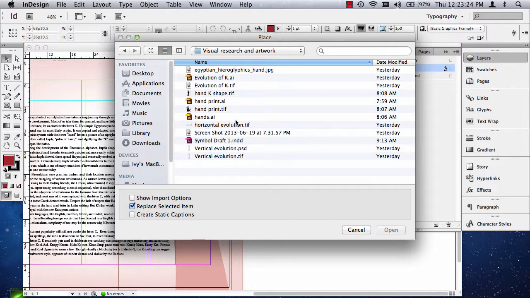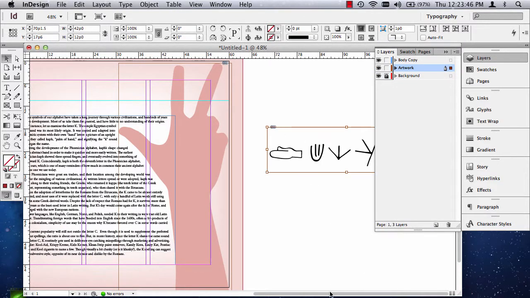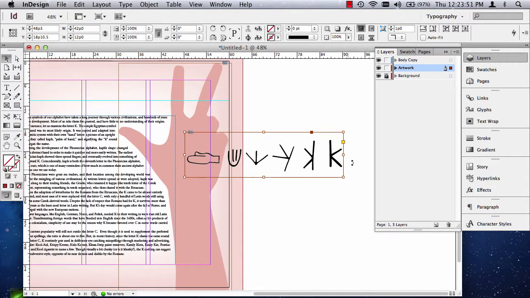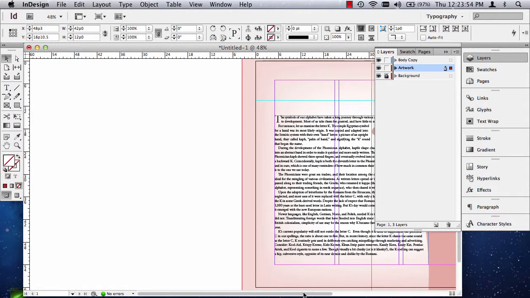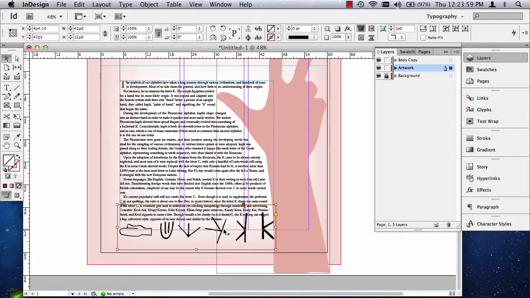The letter form that was originally used by the Phoenicians. Now, I have either a vertical evolution or horizontal evolution of how this cough or our modern day K came about. So I think I'll just use the horizontal. There it is. Open it, place it. Now, I have this entire evolution, which I may use in my document as well, and then I might take something away from that,